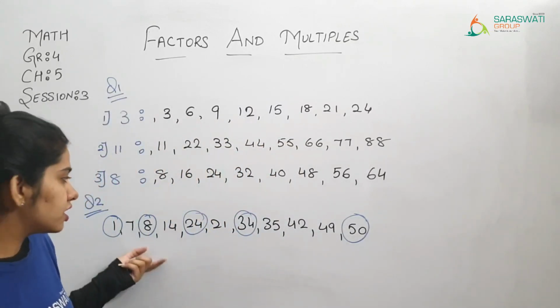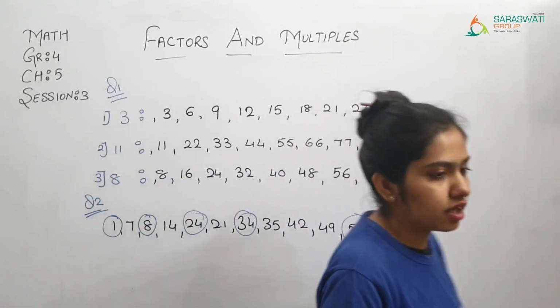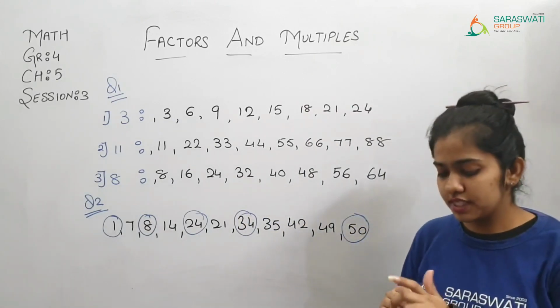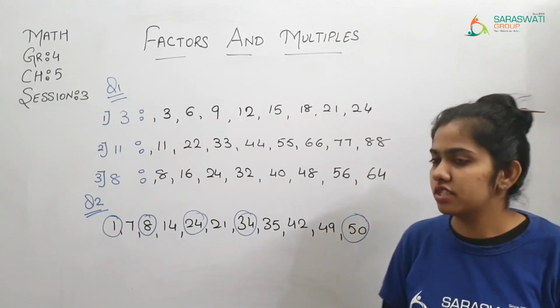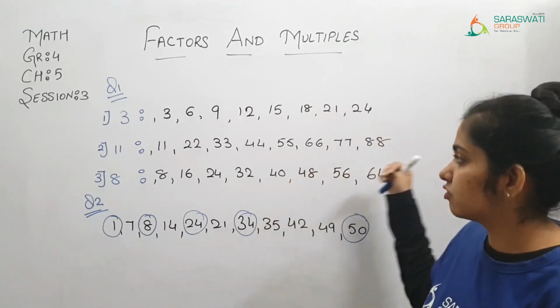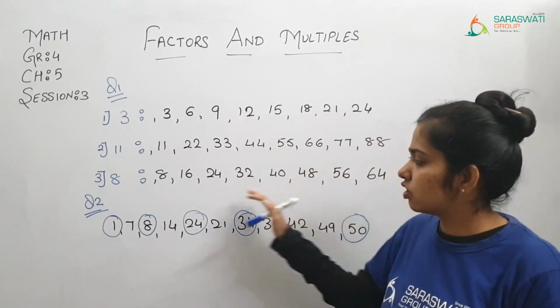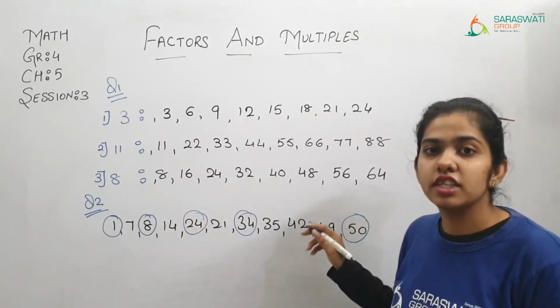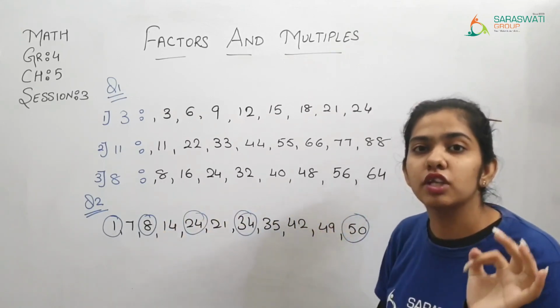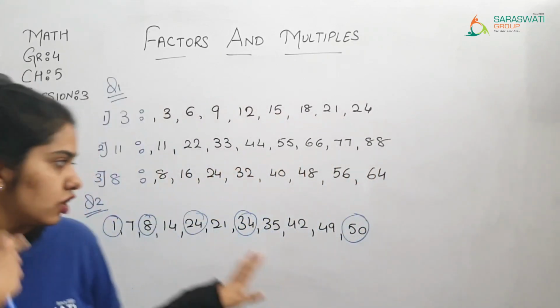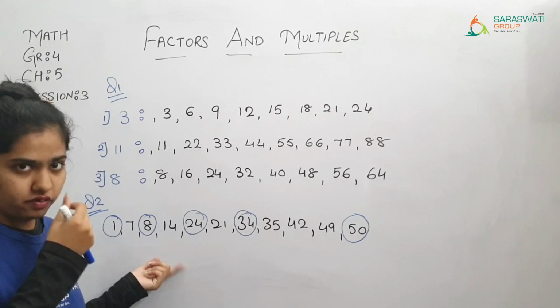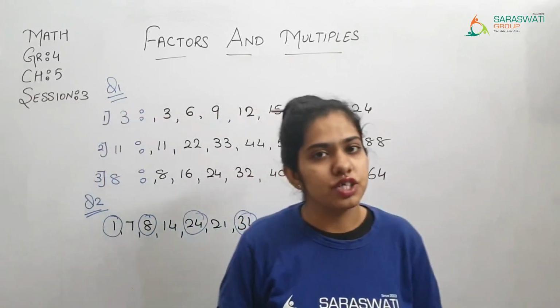Right? So in this way you are supposed to find out which of these are not multiples of 7. So these are our 2 questions. In the first, you are supposed to write the first 8 multiples, and in the second you are supposed to identify which numbers are not a multiple of 7. So these two questions are to be solved this way. Now let us see the next question.